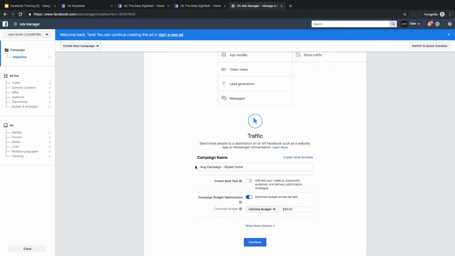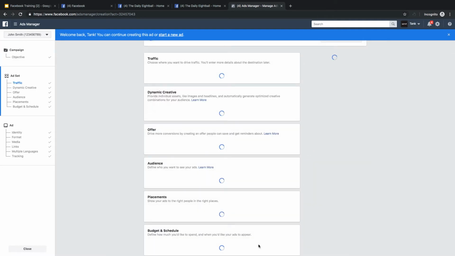So we'll say it's an August campaign and your blog is about styling your home. Then you set your budget, and with this you can either set a daily budget or a lifetime budget. So we'll just do $50 for the lifetime. Once you're done with that, you can click continue, and that will move into the next section, which is the